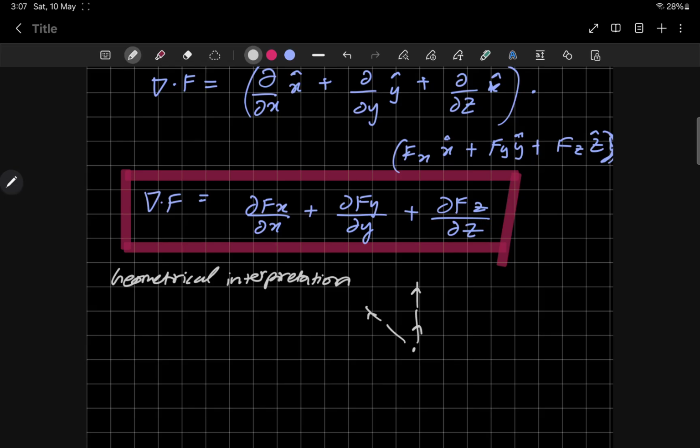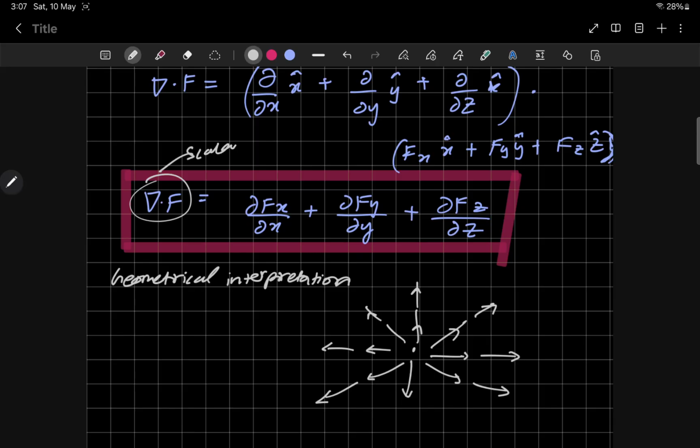You have a vector function, a vector field to be more precise, and the divergence is a quantity. Since this entire quantity is a scalar, it is a number. So this number is going to represent how much a vector function is going to spread out from